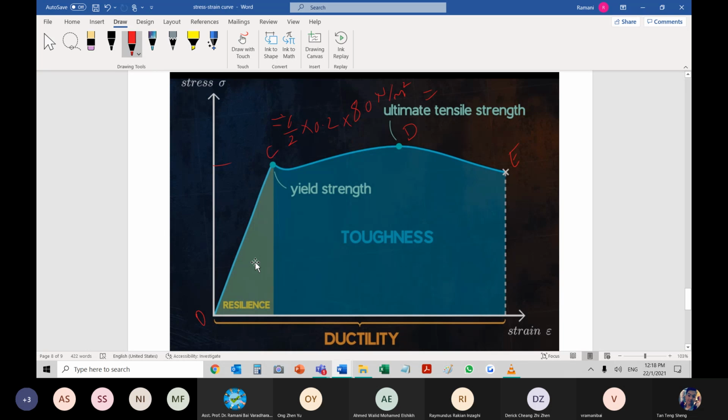Can you give me the answer? Half times 0.2. What is the answer? Half times 0.2. Give me the answer, please. 0.2 times 80, how much is the value? In Newton per meter square, there is nothing cancelling, we are still maintaining the numbers. What is the value? 8, which is then divided by 2, right? 4 Newton per meter square is the resilience value, or resilient tensile strength, of the member. That is what we found.